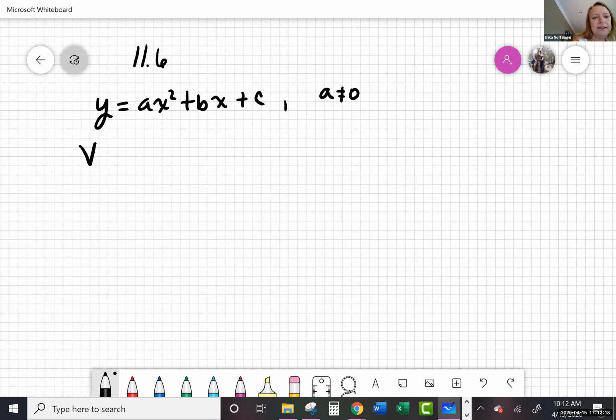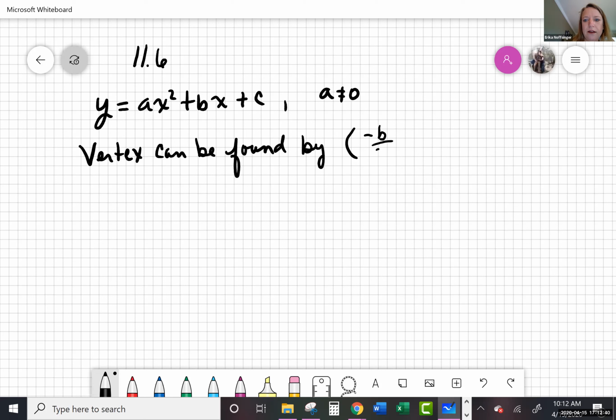The vertex can be found, so when you're finding the vertex, you're looking at, I want to say, negative b over 2a, comma,